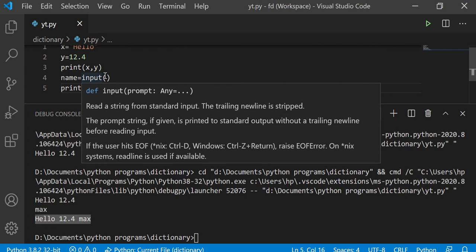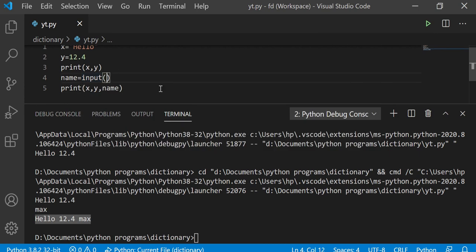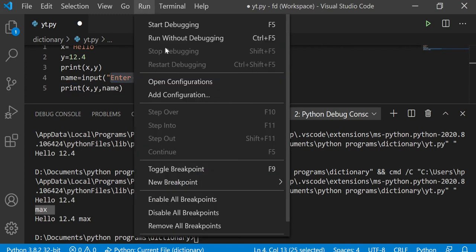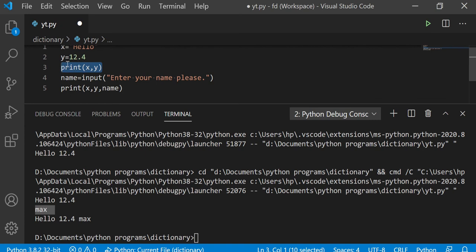If you want to give a message to the user, note that the user will not know what to type. We would have to tell him or her every time what to type, and if you don't want that, you have to give a message, just like enter your name. So how will you give that? In the program itself, you will use the input function again, and we will type the message enter your name in double quotes. Enter your name please, to look somewhat humble to the user or the customer, and then we will run this program to let you know what the output will be.